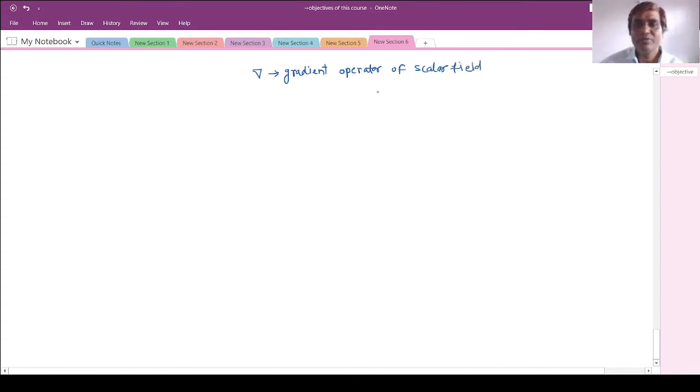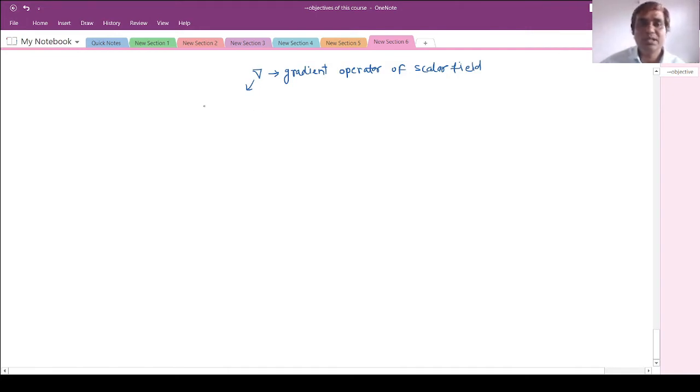So basically the gradient operator of a scalar field is used to measure the variation of the scalar field, and it gives me a vector field. For example, if we take the temperature variation around me, if we consider above the surface of the earth, and I would like to know the temperature distribution. If we measure the temperature horizontally, there may not be much variation. But if I measure the temperature variation vertically, then I will get the maximum change. So the gradient operator will be used to measure the change of variation in that particular direction.